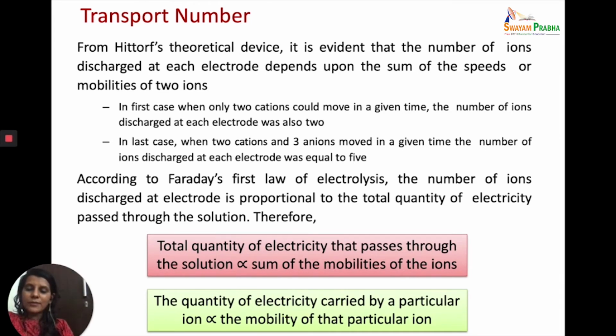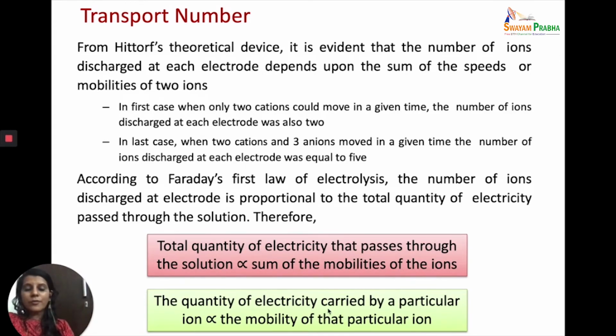So, what are we saying? Whether the speed of the ions is the same or different, an equivalent amount of ions is discharged at the opposite electrode. Now, according to Faraday's first law of electrolysis, the number of ions discharged at each electrode is proportional to the total quantity of electricity passed through the solution. Therefore, the total quantity of electricity that passes through the solution will be proportional to the sum of the mobilities of the ions,